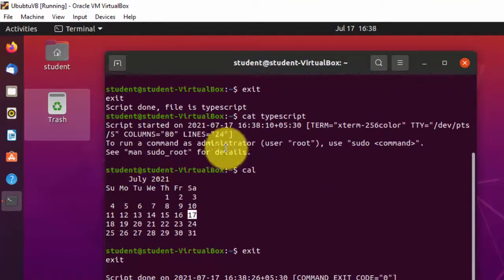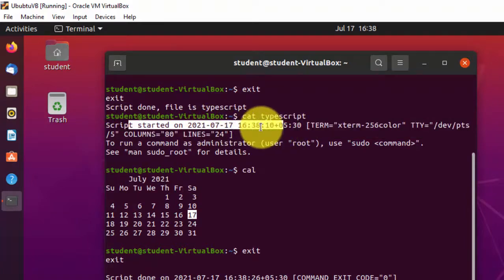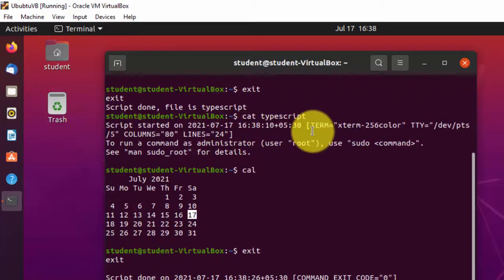When the typescript was started, it shows you the date and time and the environment of the terminal, and whatever commands we have executed, it captures everything. If you want to create your own typescript file, we can use the command script and simply provide the name of the file.